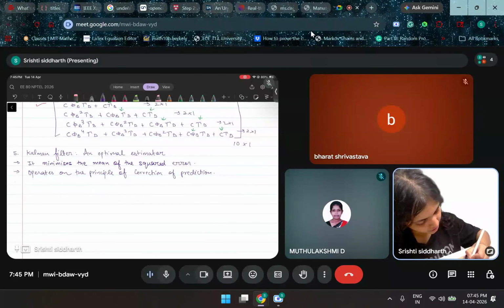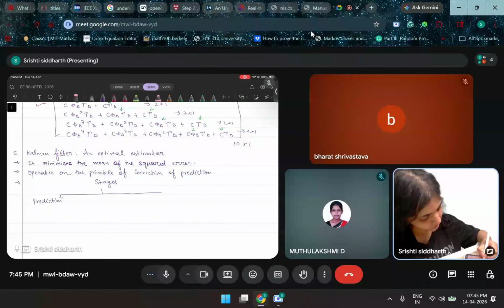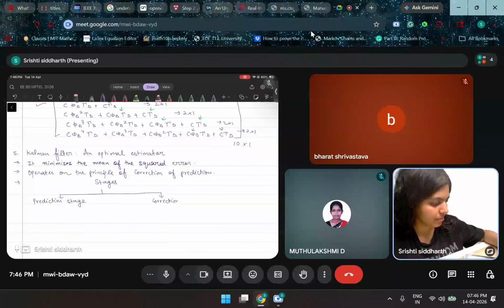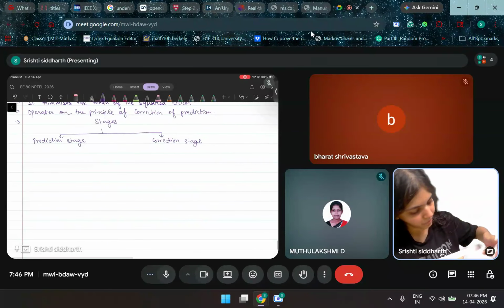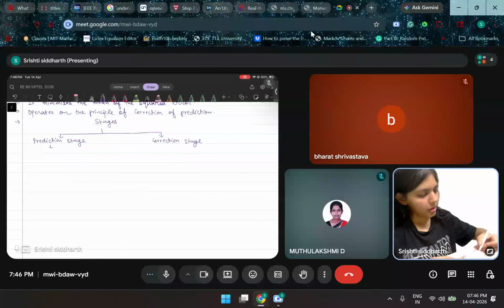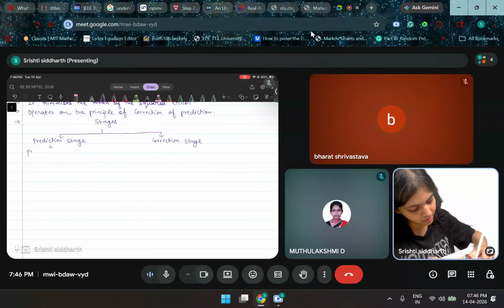So there are two stages: the prediction stage and the correction stage. So we have the system model, right? So it's x dot equals Ax plus Bu, or in the discrete time case. So this stage produces